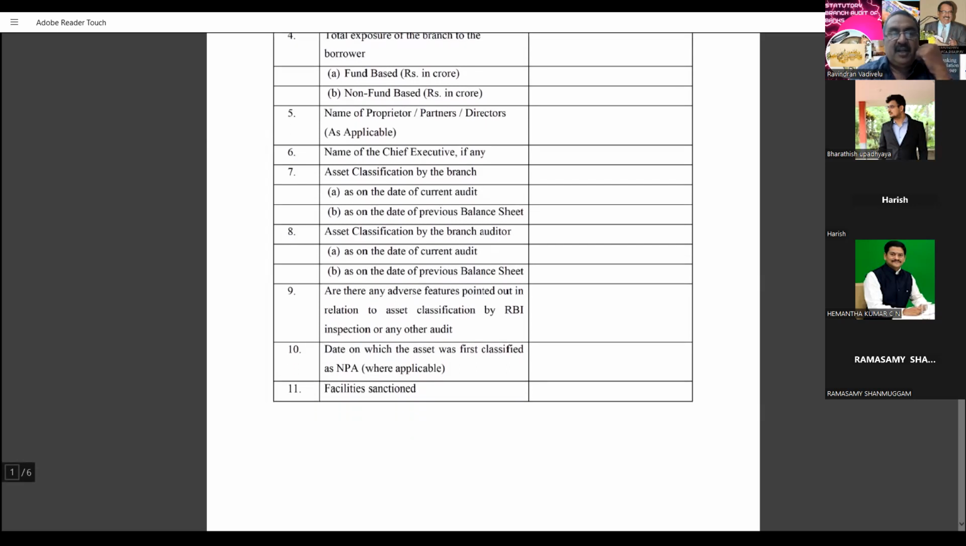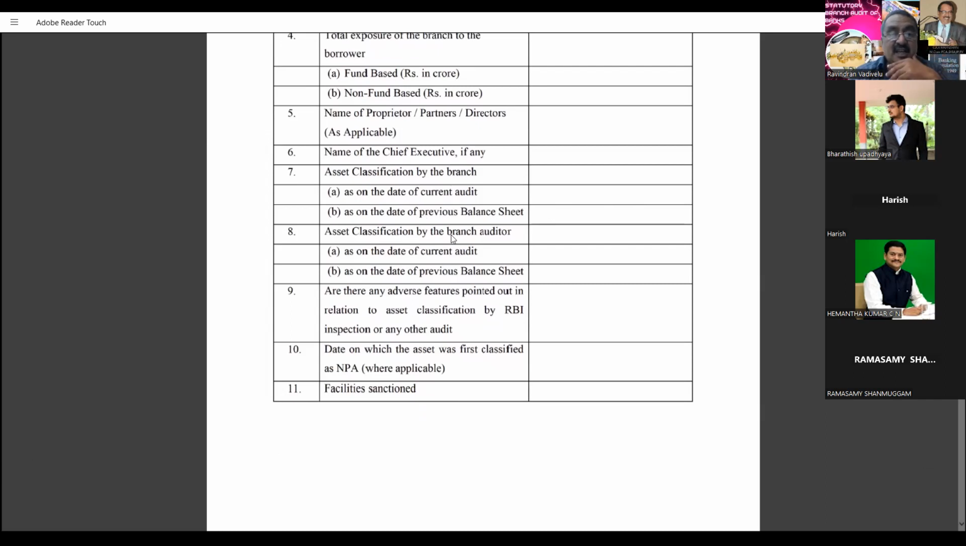Who is the name of the proprietor? Is there any chief executive? And asset classification. This is with reference to NPA, as on the date of current audit and as on the date of previous audit. If the previous audit says it is substandard, then this should be D1 this year. But if they put it as standard, then you have to see whether the money has come into the account